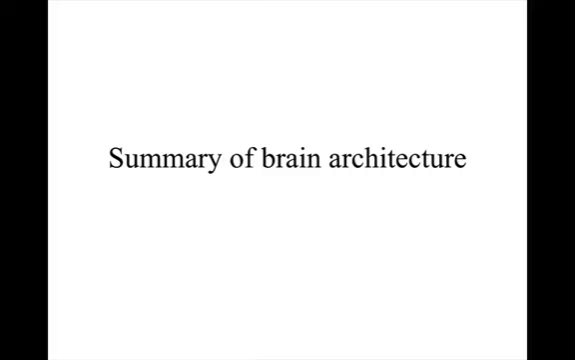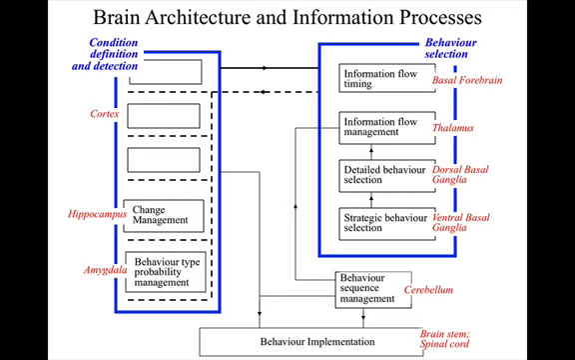So now that we've gone through all the major structures in turn, let me summarize what we've learned about the information architecture of the brain and indicate where we go from here. At the highest level, we've got this overall brain architecture. And we reached a critical conclusion that we've got these two information models, condition definition detection and behavior recommendation, that